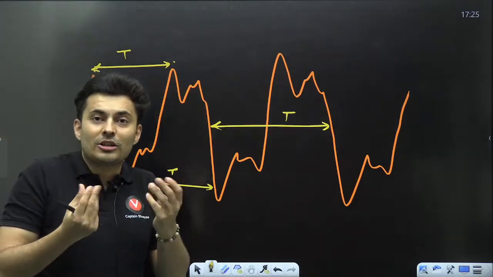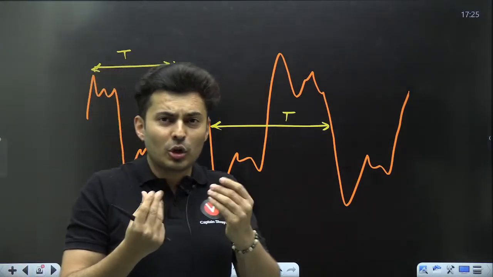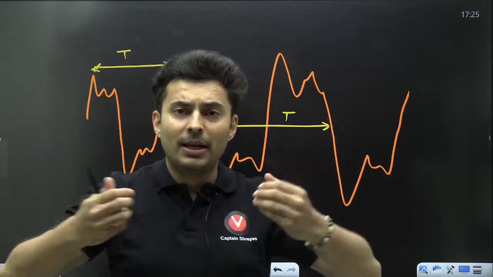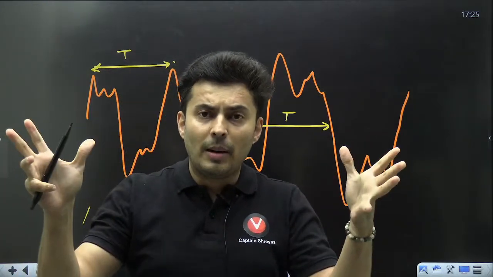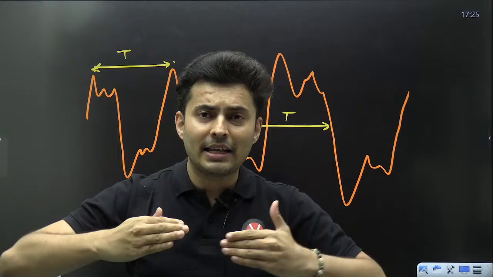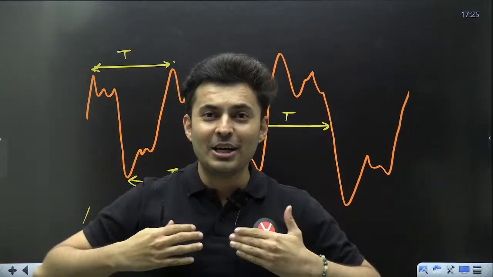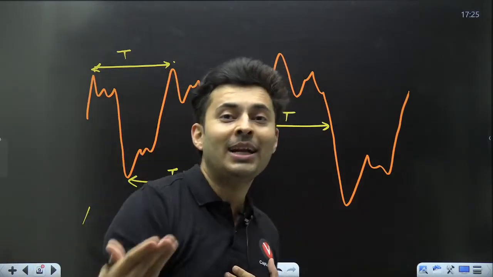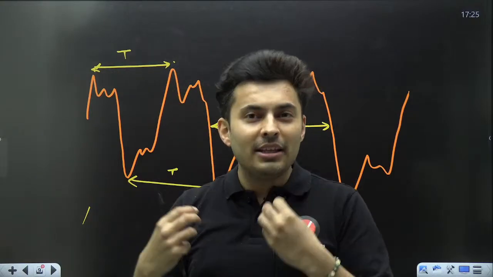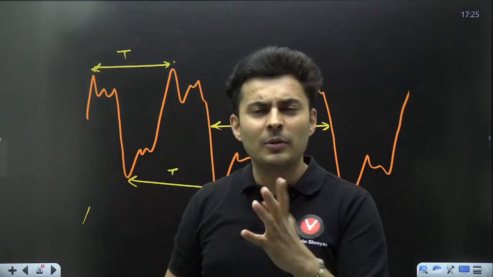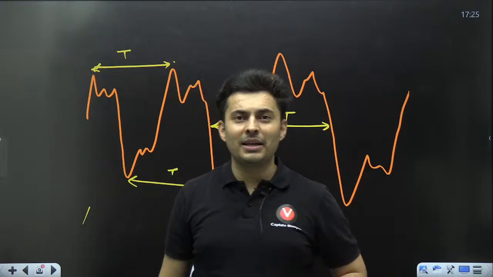Your heart beating is also periodic motion. It is also to and fro motion. Your heart will suck in the blood and pump the blood out. It is oscillating back and forth continuously. Your lungs have a different period. The breathing in and breathing out action is roughly around 18 times per minute usually.